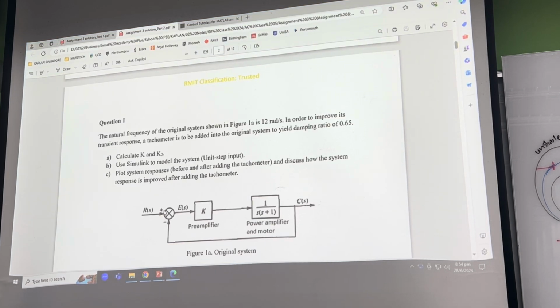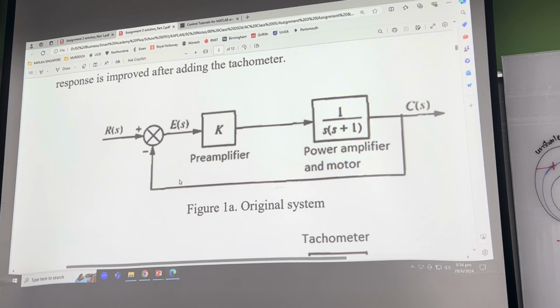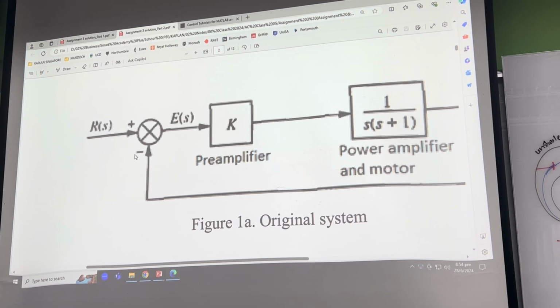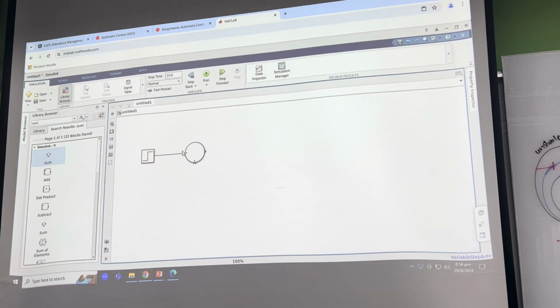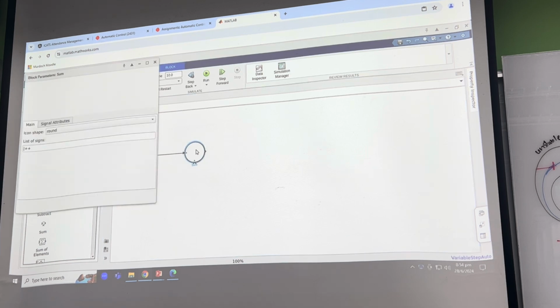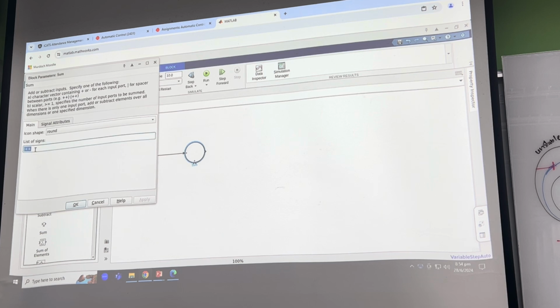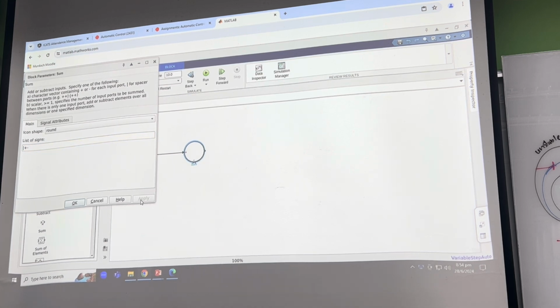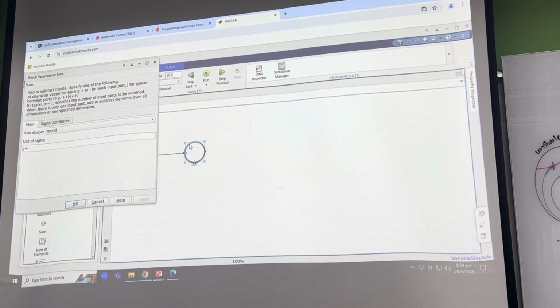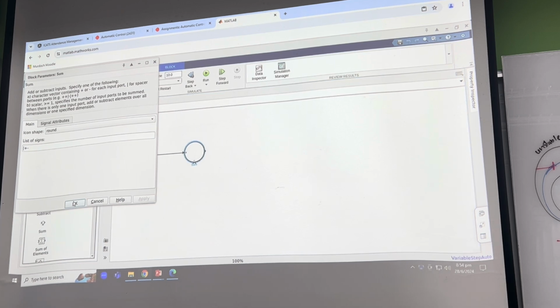And when you look at our question, you have a plus and a minus, right? So here is plus and plus. I double click this and we can see the symbols plus plus over here. You can delete and change as you need. So I need to put minus. Plus and minus, click OK. If you want to see the changes, just click apply, then you see the changes before I click